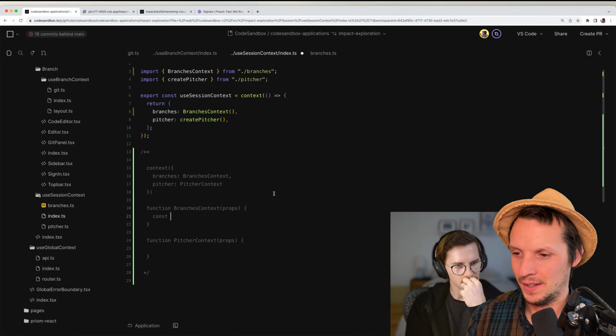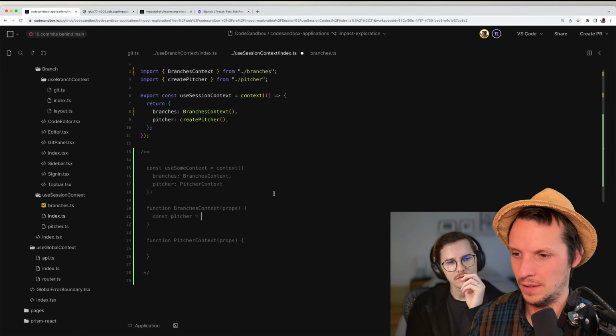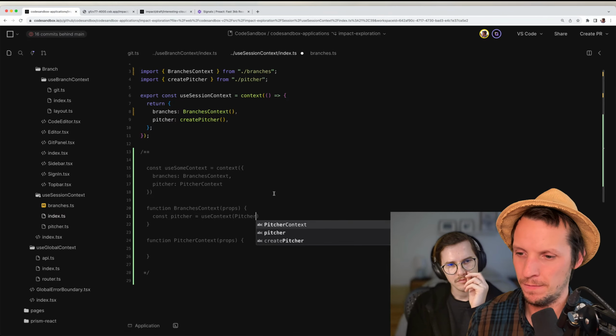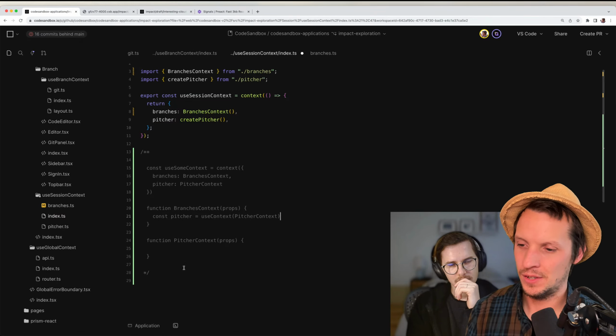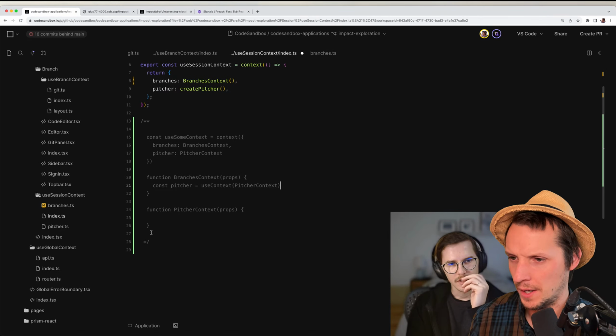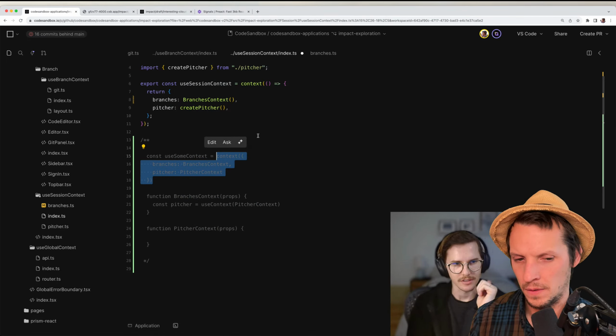Because this one is like use some context, and then how would you consume the picture context? Would you use context and then import the function? There are so many questions about how you would do this. But instead, okay, branches context doesn't return a JSX, right?